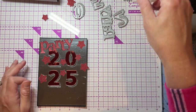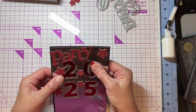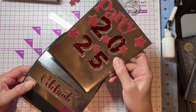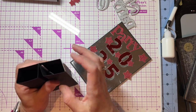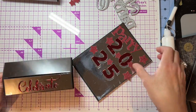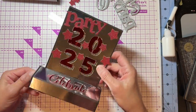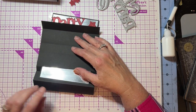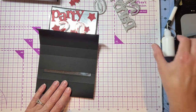And it's just easier to decorate this when it's flat. That's the only reason I'm doing it now. You can do it afterwards, but it just is easier to do. Now, to put this together, as I said, this is going to wrap around. You're going to glue these 2 pieces together, but this is going to slide in through that, and then it's got to glue onto this piece right here. Okay, so I'm going to slide that up,